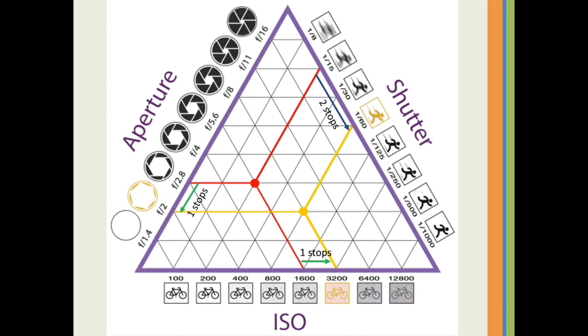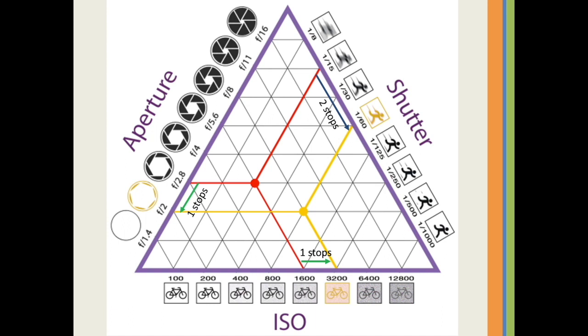And I'm going to step up by one stop my ISO from 1600 to 3200. So I'm having a more sensitive sensor, and I need less light. So I'm compensating again for the reduced light from increasing my shutter speed. So that's what I did. I increased my shutter speed by 2 stops, and I compensated by increasing the light by 1 stop on aperture and 1 stop on ISO,